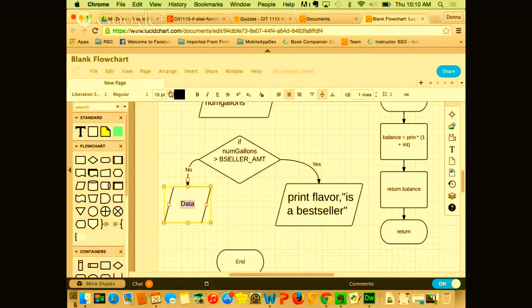Print, not a bestseller. And I'm only doing that so that would be the else side. But if I say if, it wouldn't be wrong if you didn't do an else side, but it's better programming to let them know, hey, you didn't make the bestseller list.